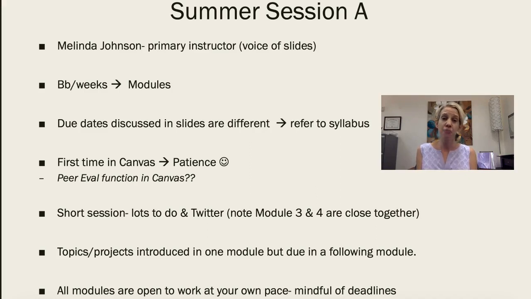So anyway, I'm looking forward to a great session. This is a very fast session, but I'm looking forward to interacting with you online and via Twitter. Feel free to email me as you have questions. I won't be on the downtown campus a lot this summer, but I will be working remotely, so I'll be monitoring the community board on Canvas and answering emails as they come up. Looking forward to working with you all.